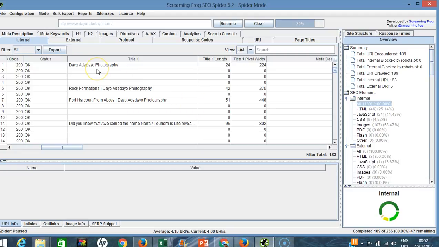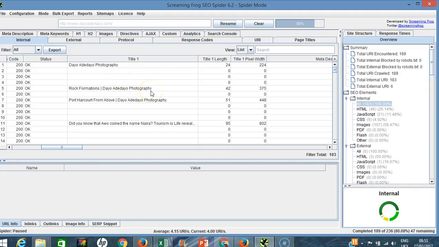Indexing means that the robot will accept the page into Google's search. You understand? Some pages created by websites are not accepted into Google's search because of things like plagiarism. The robots know that they've seen this content somewhere before. Even if you change the synonyms, they will still detect where the person scraped the content from. So meaning that if you look at it from that angle, this title, some pages don't even have titles,